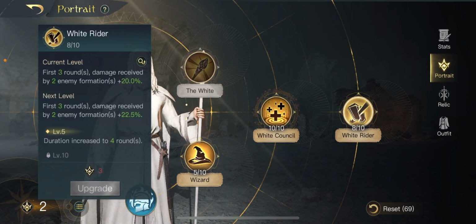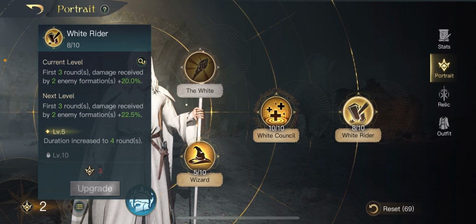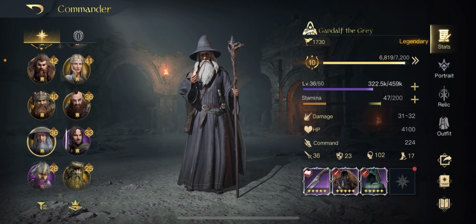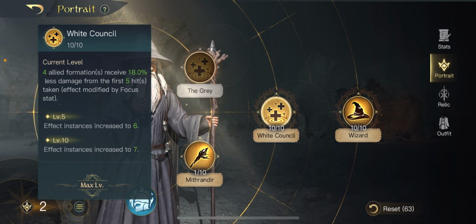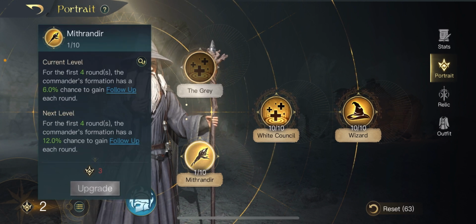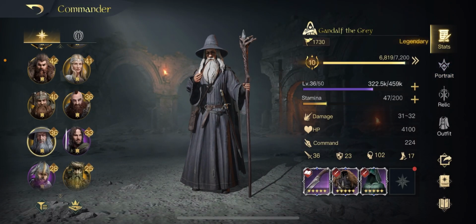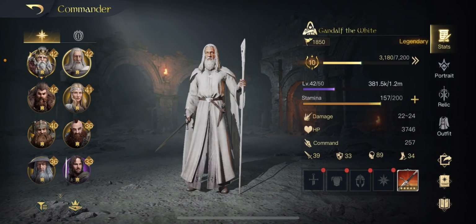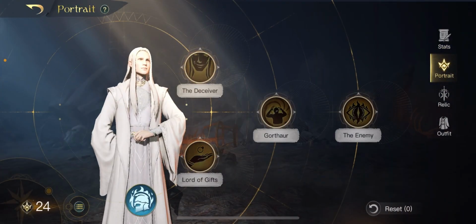The other skill I was talking about with Gandalf the White was White Rider. It does help him boost damage to formations earlier on, which works really well with damage dealers. You can switch that out, as I said, for Gandalf the Grey, and White Council will be roughly the same. I would probably run Mithrandir, if I'm being brutally honest, rather than Wizard, if I was looking to run Gandalf the Grey. So the 8 commanders I've chosen are Gandalf the White, who will do the same role as Sauron,